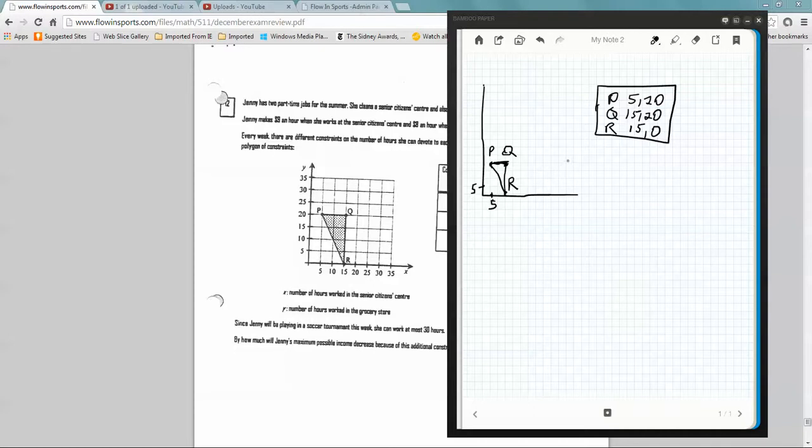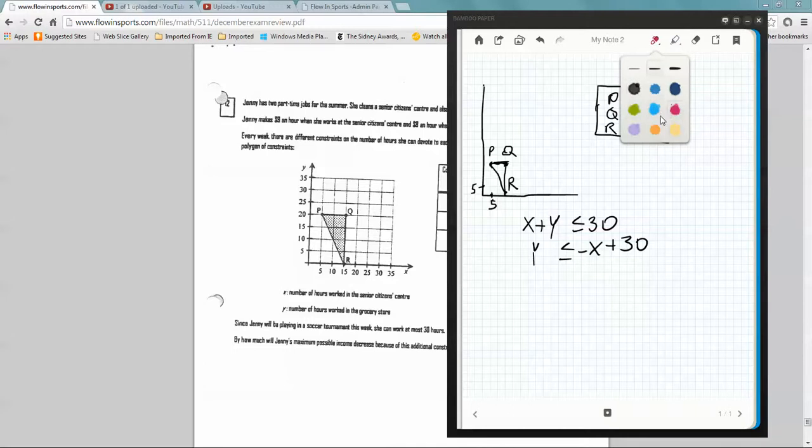Now, this new polygon of constraints really happens when you've got x plus y is less than or equal to 30, which when we turn it to standard form, turned into y is less than or equal to minus x plus 30. Now, to graph that, I'll just choose a different color here, and I'll start off at 30, 5, 10, 15, 20, 25, 30. That's my new point over here, which needs